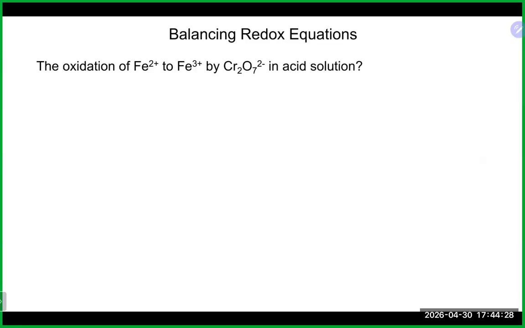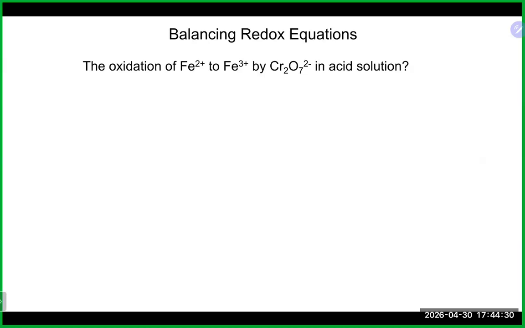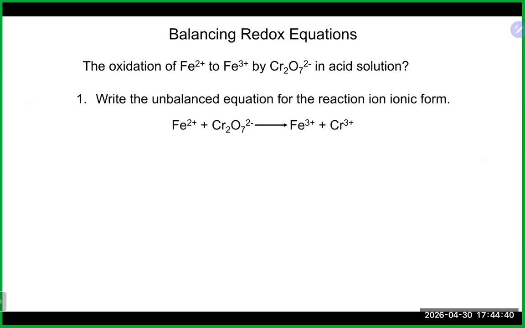But when we are dealing with redox reactions, or balancing redox reactions in either acidic or basic conditions, there's a few extra steps that we have to do to balance these types of reactions. So just to go through this again to make sure you remember it, or you understand what you're supposed to do: if we have this particular reaction here and we wanted to balance it in acidic conditions,